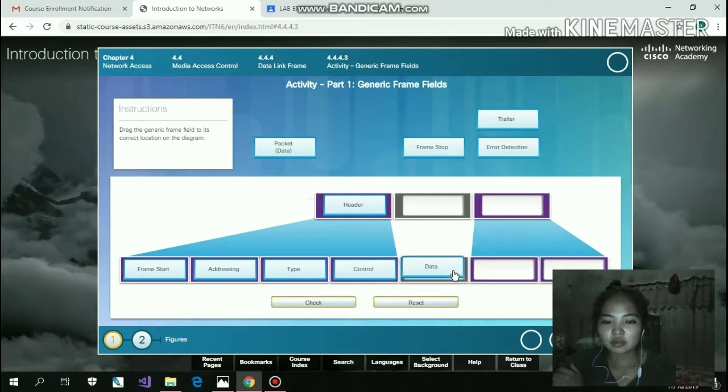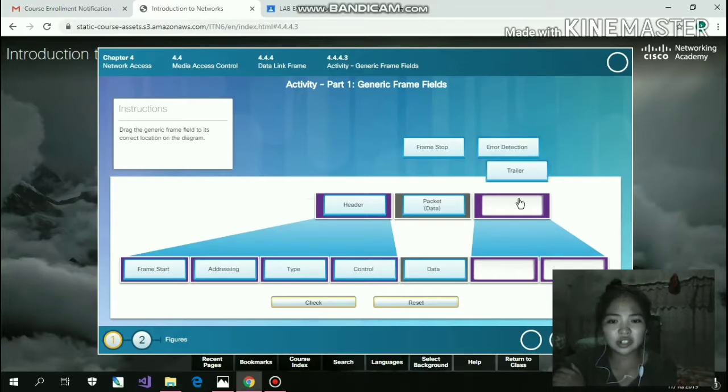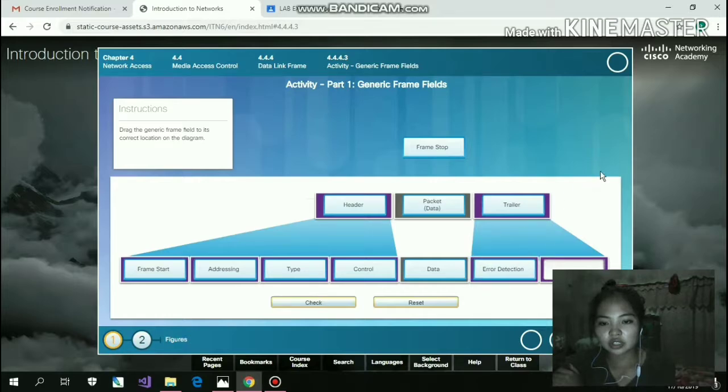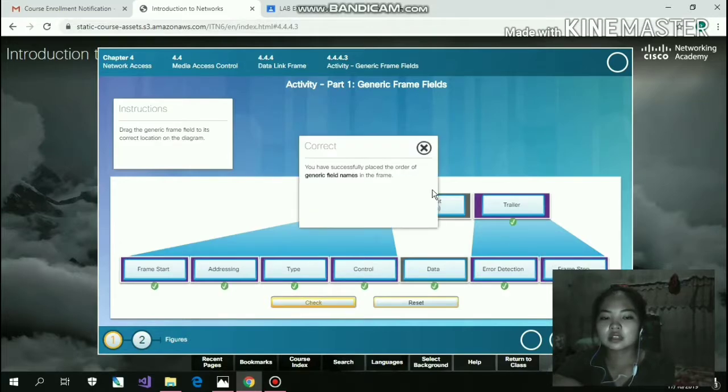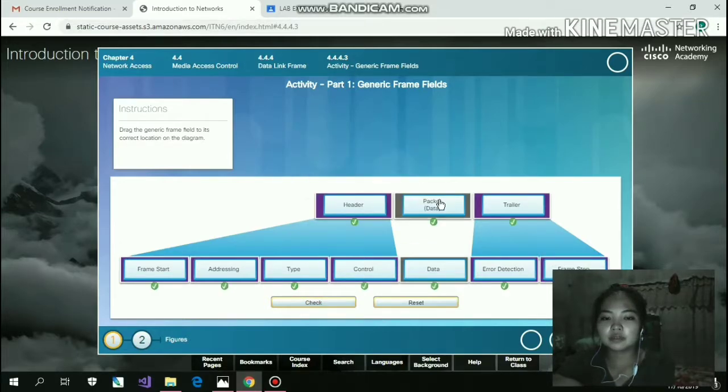data, and from the top of the data is the packet data. From the third box from the top is the trailer. Under the trailer is the error detection, which is next to data. And after the error detection is the frame stop. So let's check. So I will explain to you one by one the meaning of these